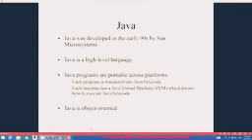So what is Java? Java is a high-level programming language which was developed by Sun Microsystems in the early 90s. As with any other high-level programming language like C Sharp or C++, Java is also a high-level language, but it's a little bit different from other languages in a sense that it's a cross-platform programming language which you can develop and run on multiple operating systems like Windows, Linux, and Mac OS or any other operating system,